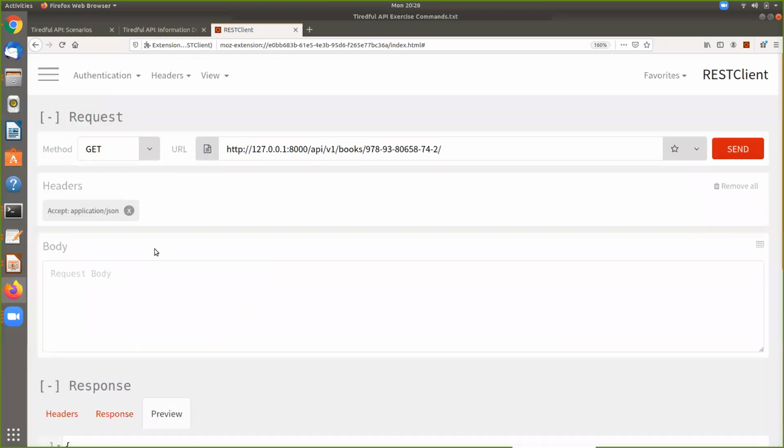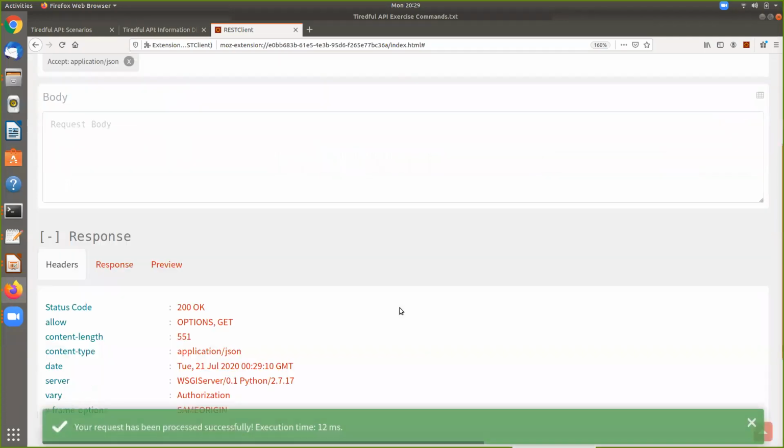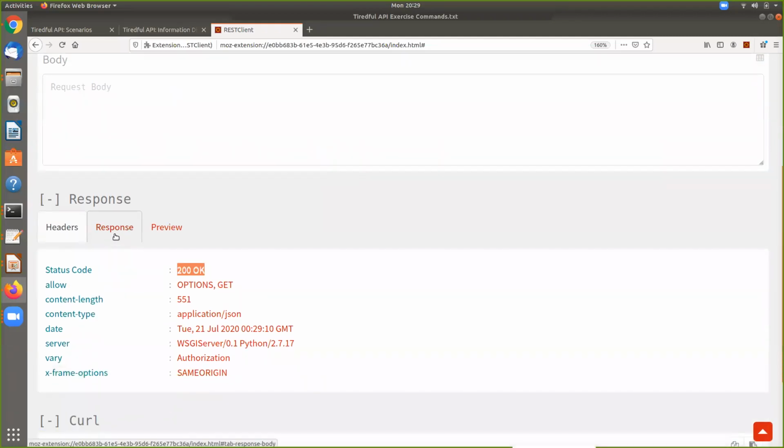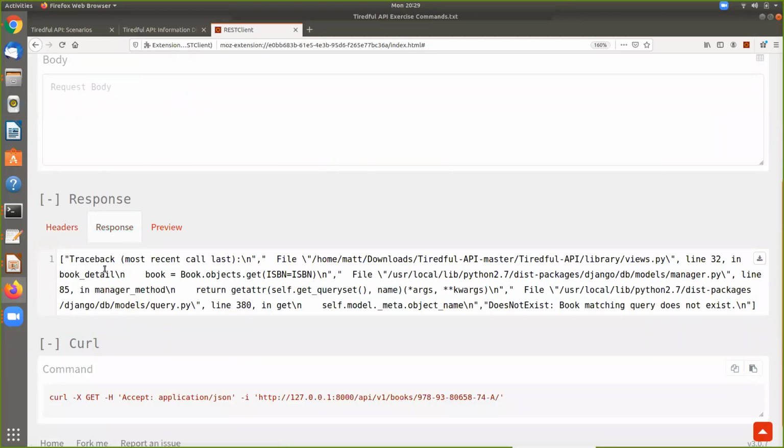And again, the purpose of this is information disclosure, and they challenged us with getting stack trace information, so all I'm going to do here is simply change the web address and change the number 2 at the end to a capital A and see what we get. Notice we still have an HTTP 200 status code, so the server accepts the request. Let's see what the response is, though.